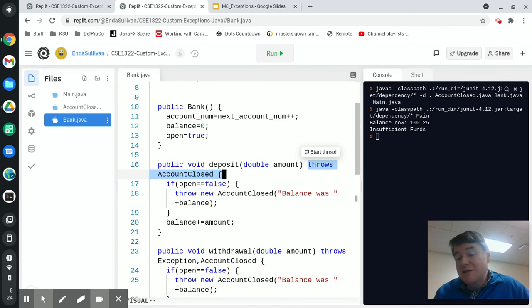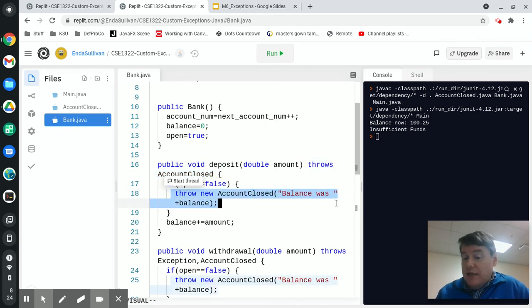All custom exceptions can only be thrown by you. There's no way that Java will ever throw account closed magically by itself. You will be the one throwing it because it's a custom exception. Java can choose to throw a divide by 0 because that is something that can happen in the code. But it will never throw account closed unless you specifically write code that says, now I would like you to